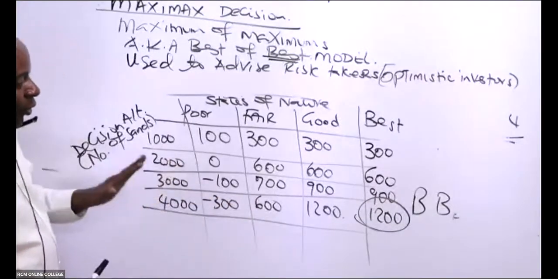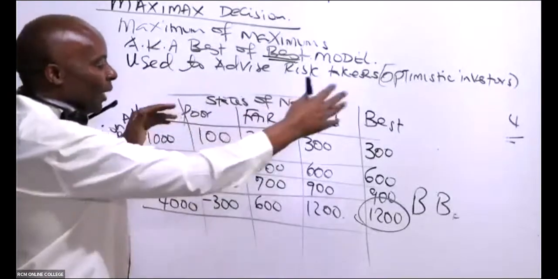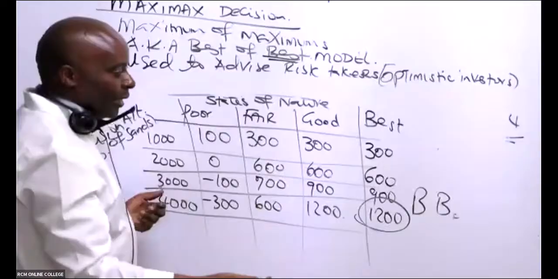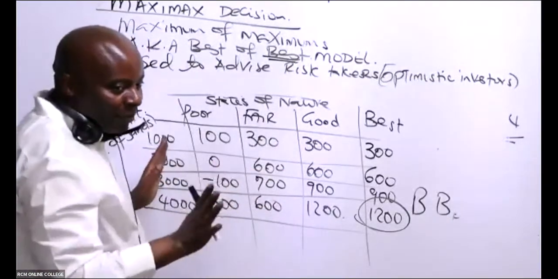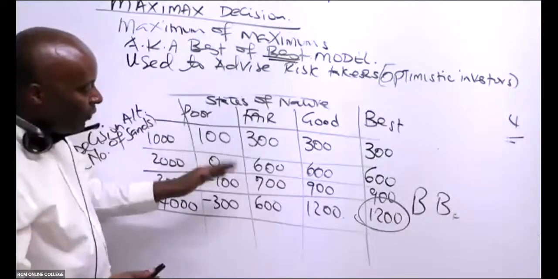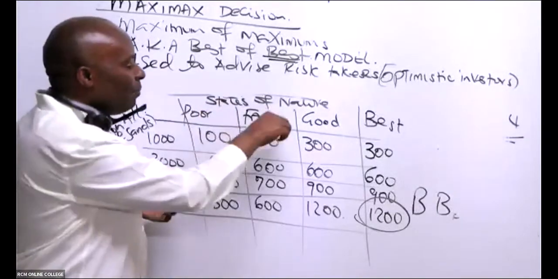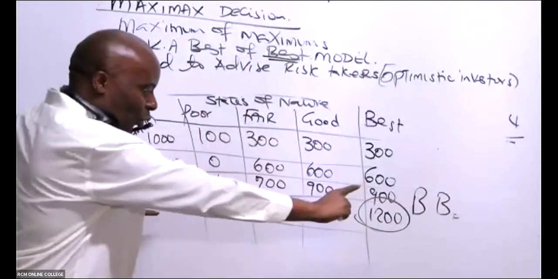You see, ordinarily in this case, we expect that as the economy becomes very good, we expect these figures to be rising. But we have seen the examiner can give you good and still give you 600 in the year. So you work with what the examiner gives you. That's a good question, because again, you have seen examiners trying to confuse students. Whatever figure the examiner has given you, even just assume it's A, B, and what here, somebody? C. Yeah, whatever is the highest is what you pick here.